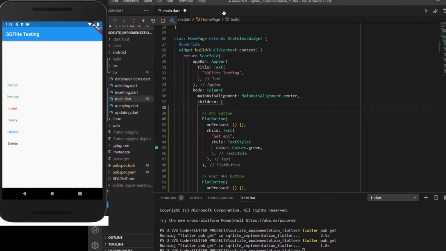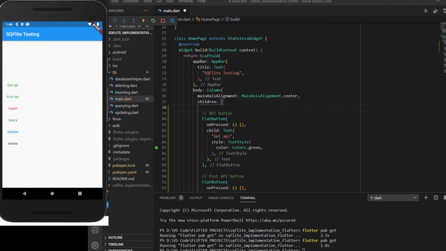How you can create an API does not fall under this Flutter Bootcamp. I would be covering this in upcoming videos after the Flutter Bootcamp, like how you can create an API, and how you can create a get or post request through some APIs inside Python. I'll be making those videos in a later part after this bootcamp. For now I have my API created in AWS, which is Amazon Web Services. With the help of Lambda functions I have created an API, and with the help of API Gateway I have deployed it. So I have a link to that API.